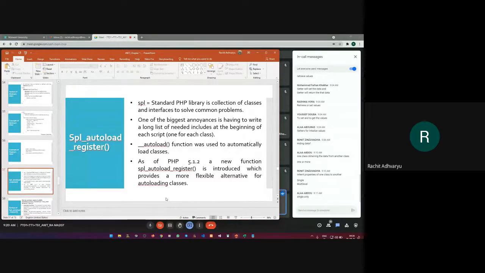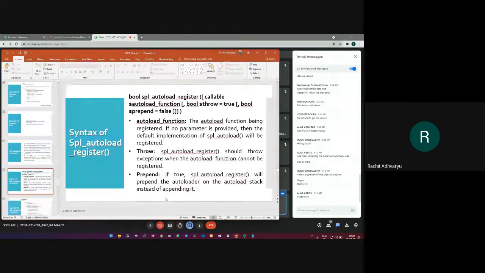Simply, guys, when you have specific types of files in your application that you want to execute automatically, we use the SPL autoload register function. Nothing else. We execute some files in an application automatically without calling them manually on the browser URL. Right? That is the main use of the SPL autoload register component.